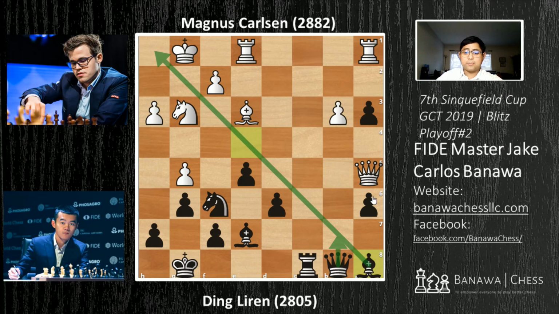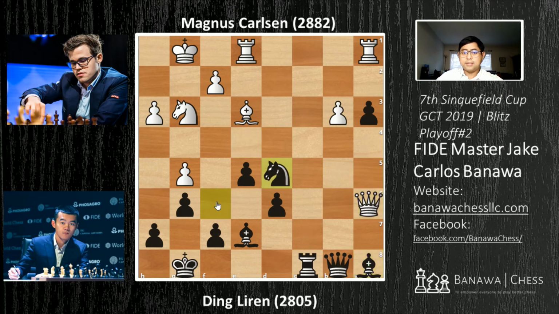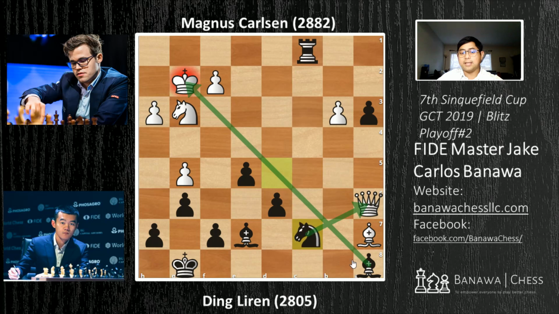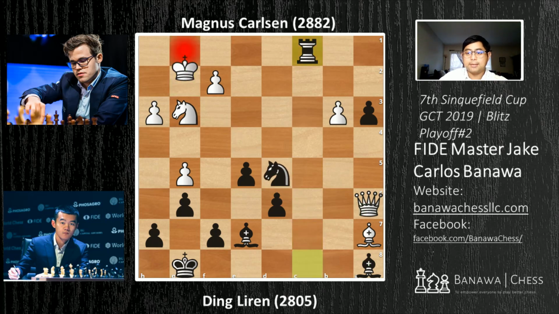So in the game, Magnus played queen takes a6. Then Ding played knight d5, bishop a7, threatening to take the queen on b8, queen c7, rook c1, and queen takes c1, rook takes c1, rook takes c1 check, king h2. And if white plays here, then black has this knight c7 and discovered attack against the white king and white's queen on a6. So king h2 is forced,